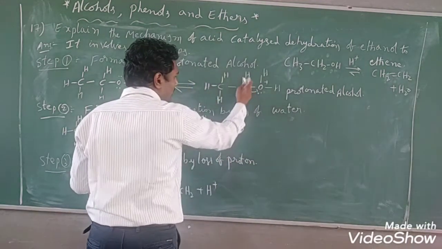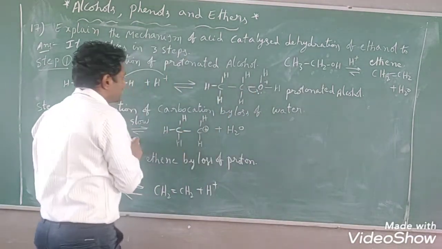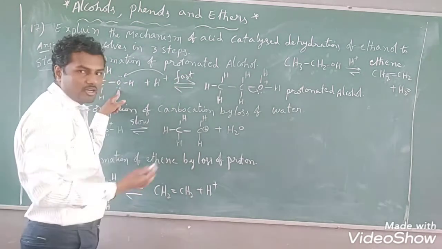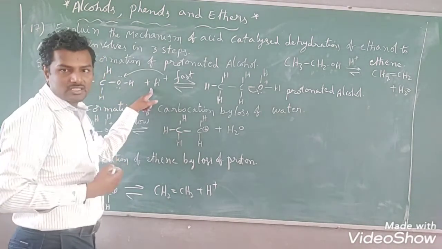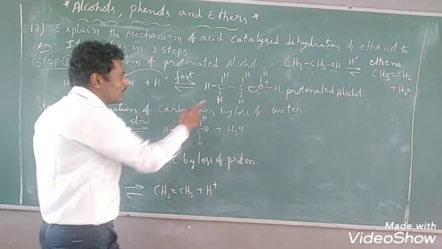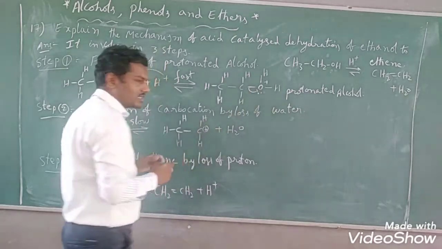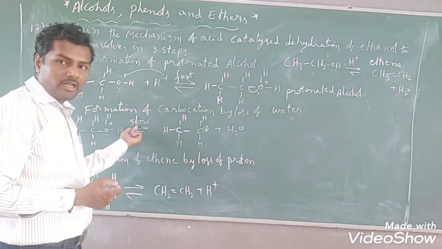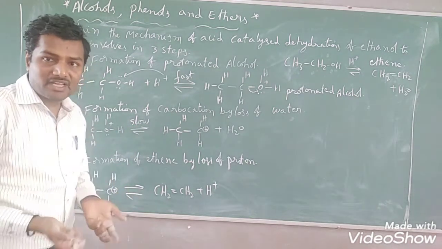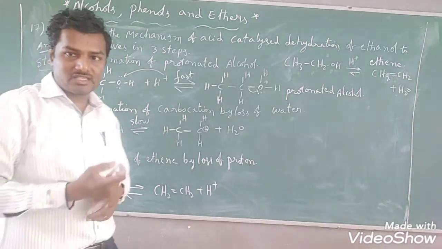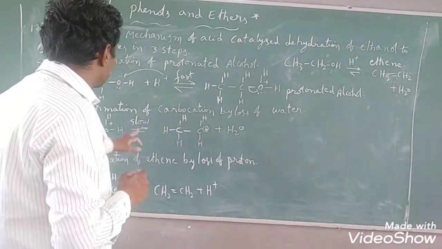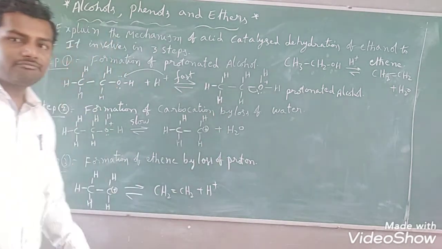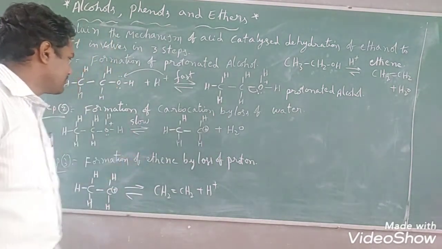Here cleavage of bond is taking place, so that's why this reaction is a very slow reaction. Whereas the first step is very fast, because this is electron rich and easily captures the H plus ion in the first step. In the second step, cleavage of the bond should take place between carbon and oxygen. Because of that reason, this step will take place in a very slow manner. So the slowest step of the reaction mechanism is the rate determining step. So what is the rate determining step in this mechanism? The second step, formation of carbocation by loss of water molecule. This is the rate determining step, students.